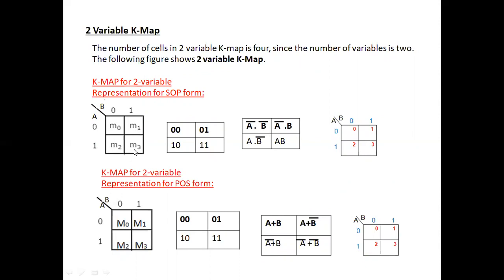1, 2, 3 and 4. Here we are having 2 variables, A and B, namely. In SOP form, we will be having all min terms, that is all product terms. In POS form, we will be having max terms, that is sum terms. We know very well that